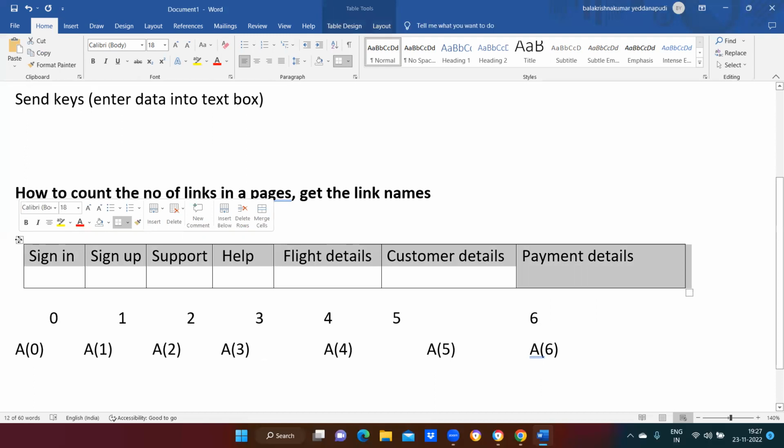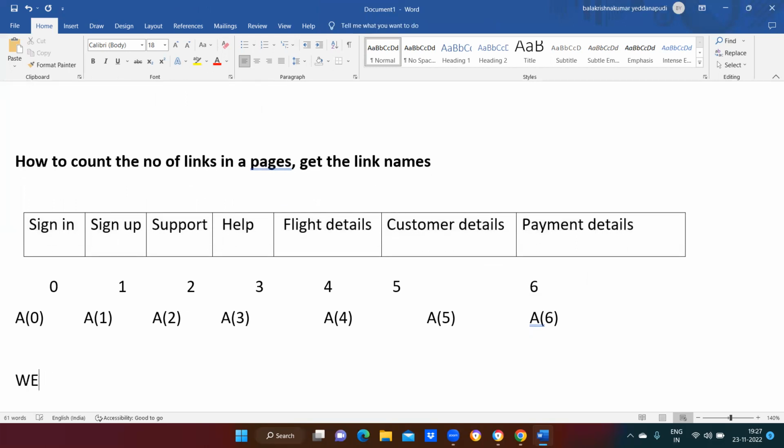Now this will be considered as a web element. We'll call it a web element. This entire tab we can consider as a web element. So I will capture this entire tab. First of all, if you want to get these elements, we need to capture this entire tab. So how do you write this? We can write as WebElement a equal to